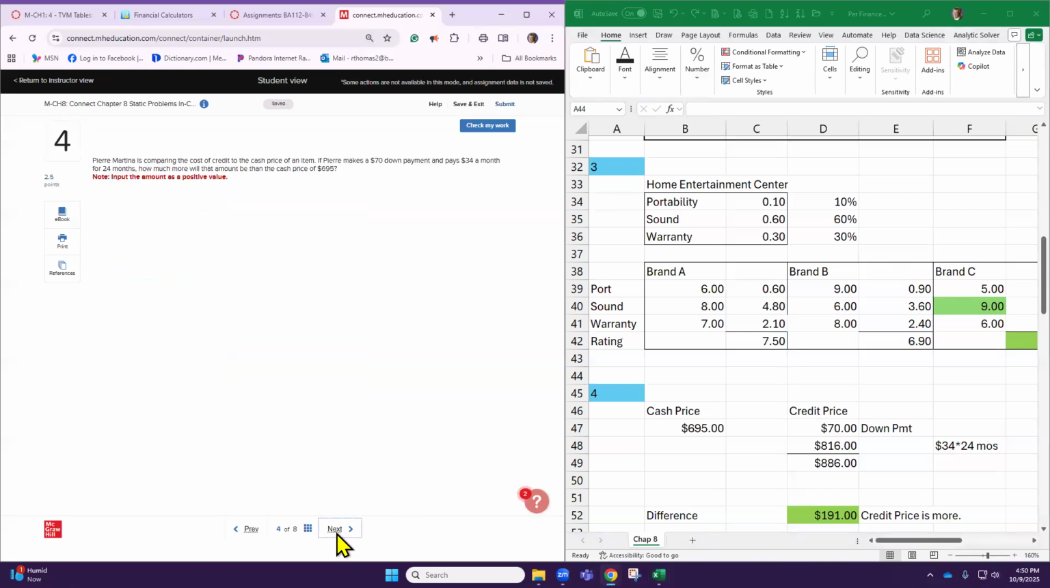Number 4, sometimes when you are presented with the opportunity to buy something, there's a cash price, and then there's a price you'll pay if you decide to go have it financed. Okay, most of the time,